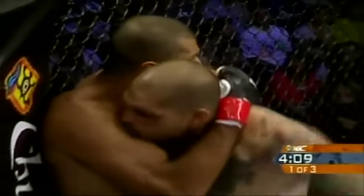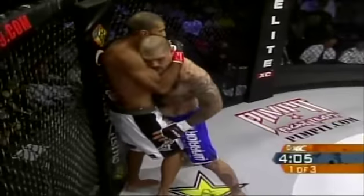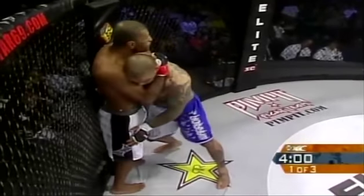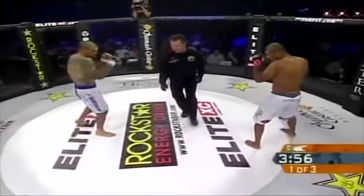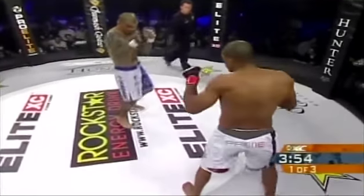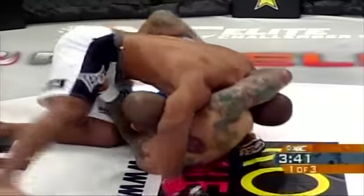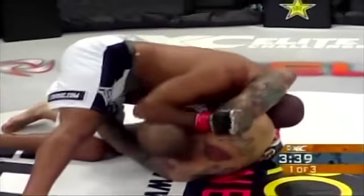See, the good thing about Santana's game plan is he can go for the plum clinch, worry about the takedown because he wants it on the ground. Jara, a decorated wrestler growing up, training under Mike Rumsey. Now going for the guillotine, but this could definitely spell trouble because passing the guard is